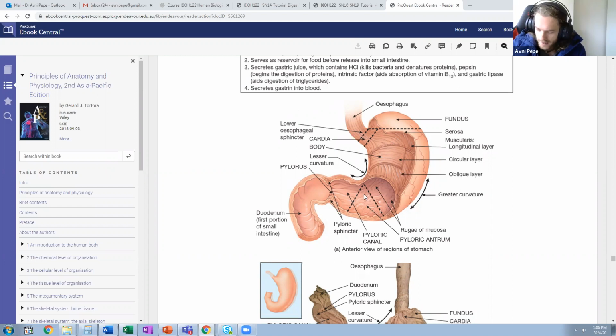So there's a little bit about the function. It takes 2 to 4 hours to clear, and that can range depending on what's been eaten. There is a process called retropulsion that occurs. What will happen is we've got these very slow peristalsis waves that move through the stomach. We only get about 2 to 4 of these waves per minute, so they're not frequent. But what they do is they'll move food, or the chyme, towards the pyloric sphincter, and then anything that